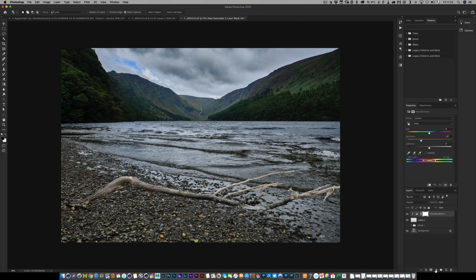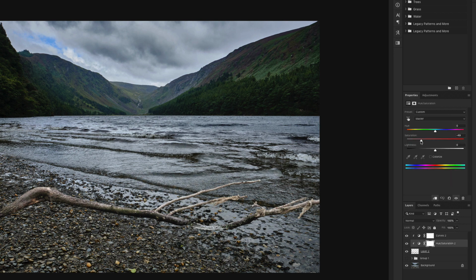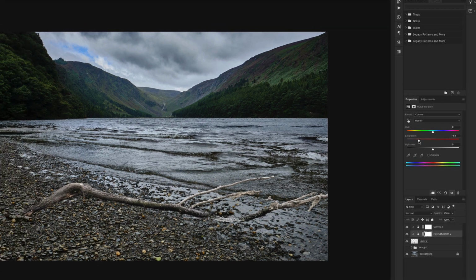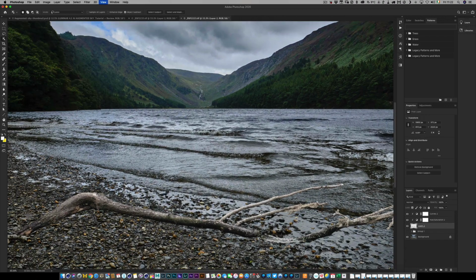So then the next thing we need to do is we need to add curves, and again hold down the Option key and just click so that it's only affecting that, and we'll just tweak our curves again to get it to match a bit better. And you can just spend a little bit of time finessing this so that it matches reasonably well, and you can kind of just tweak both of these. Okay,